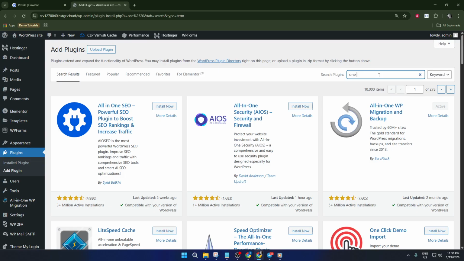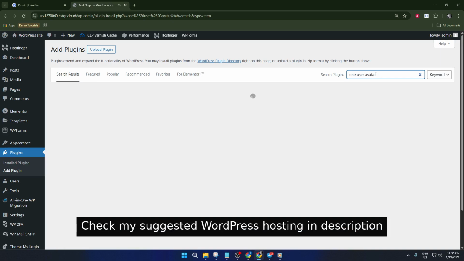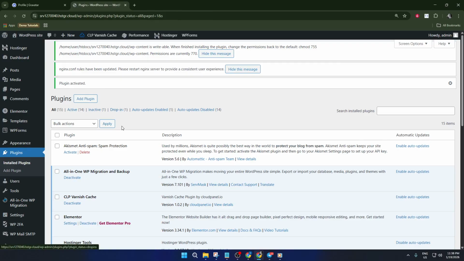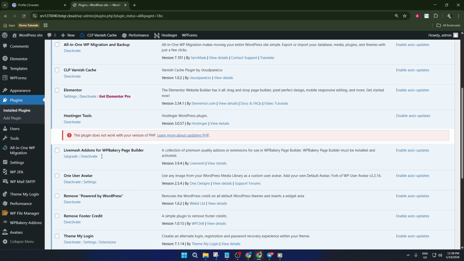Now at the top right corner, there's a search box. Click inside there and type in One User Avatar. This is a fantastic free plugin that specializes in letting you assign avatars, profile pics to your users, including authors. It's reliable, lightweight, and has a really straightforward setup, which is perfect if you just want results without a lot of confusion. Once you see the One User Avatar plugin appear in the search results, go ahead and click Install